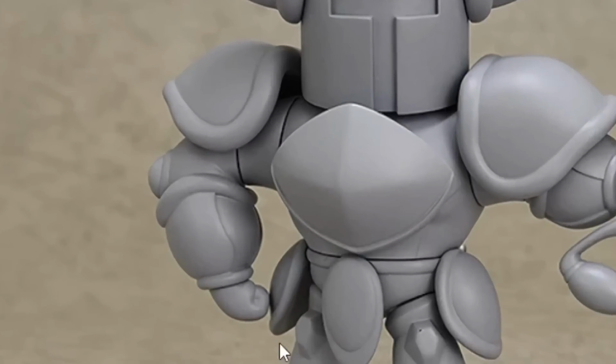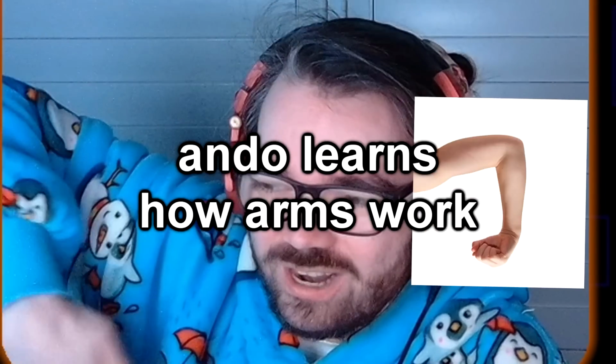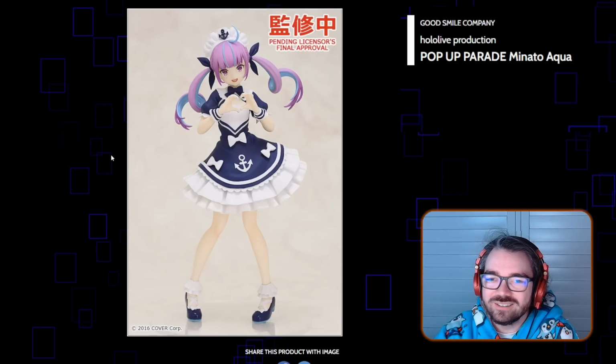And this just looks kind of wonky in general. Like, what is up with this arm? It just bends at a right angle. Maybe it'll look better when it's painted. I don't know. Okay, it looks like now we've got some hololive stuff with the Pop-Up Parade Minato Aqua, Tokino Sora,